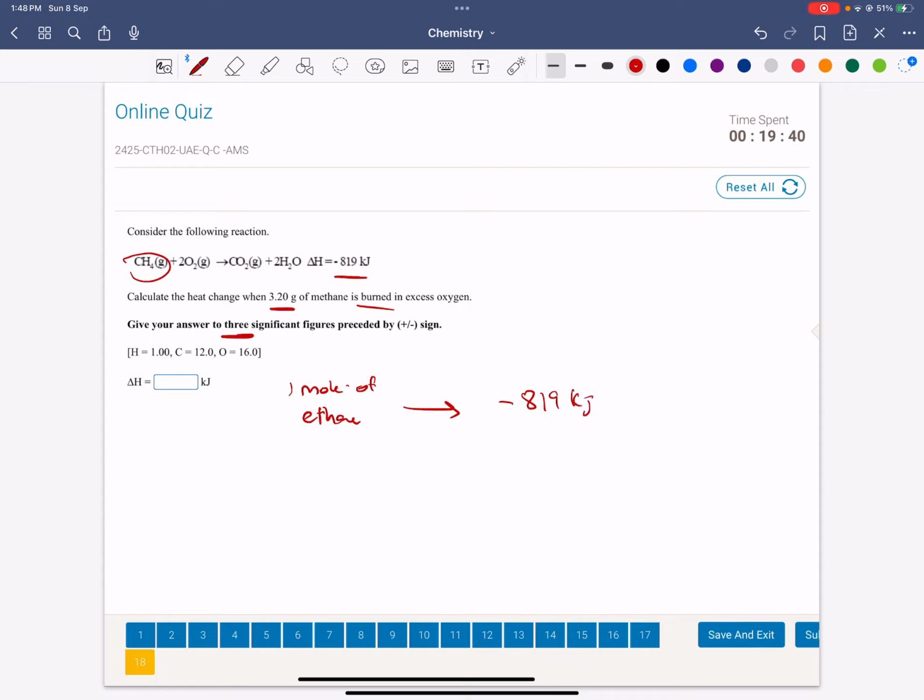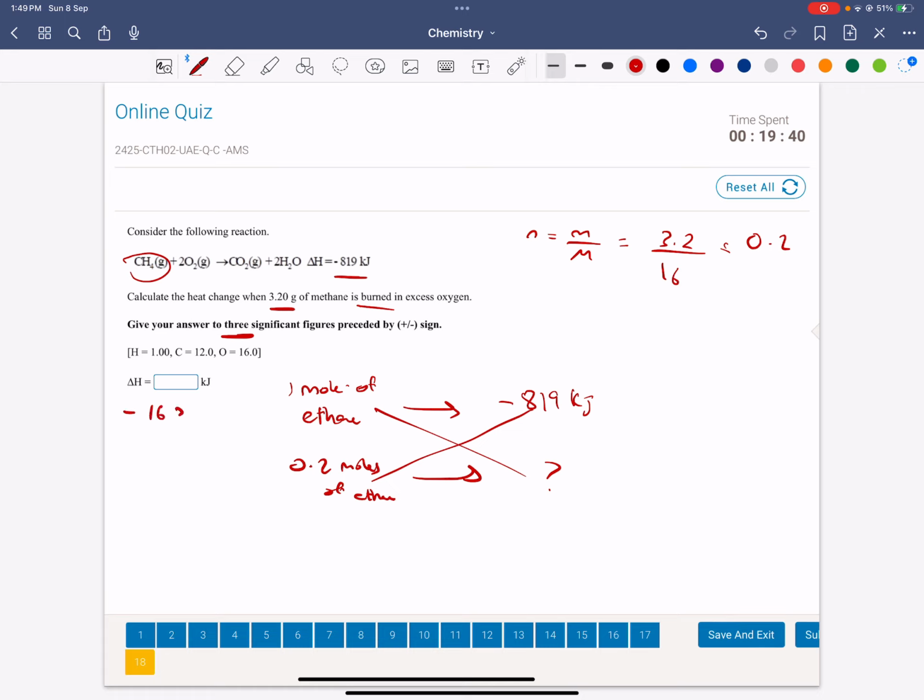So first step, directly find the molar mass to find the number of moles. So number of moles is mass over molar mass. So the mass is 3.2 over the molar mass is going to be 12 plus 4, which is going to be 16. 3.2 divided by 16 is going to be 0.2 moles. So 0.2 moles of methane. We want to find how much energy is released. Basically guys, just cross multiply. So 0.2 times 819 is going to be